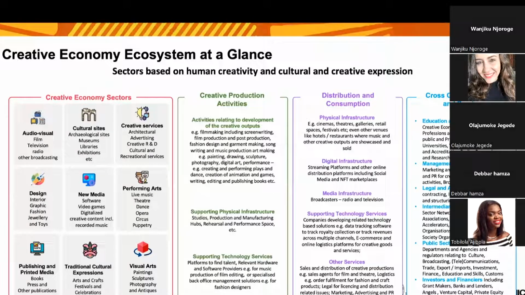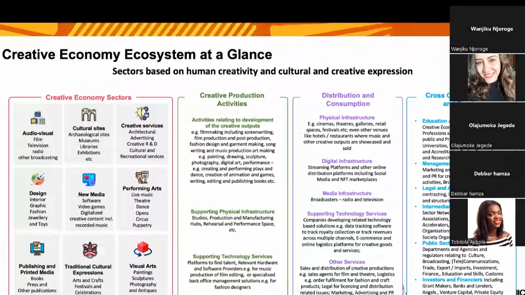So you need to be aware of the supporting physical infrastructure that's present in your city, because it will help you think about partnerships. It will help you think about where to go to produce what you need to produce. If you don't know these things, then you're either doing it at a higher cost, or not as cost effectively or as efficiently. And so it's important you know about the physical infrastructure.